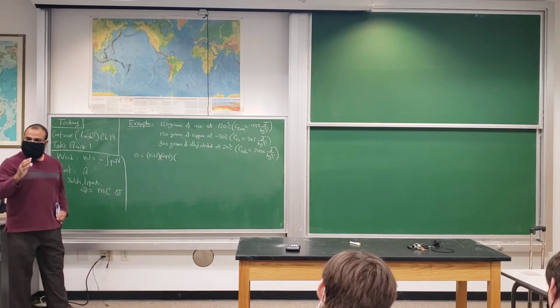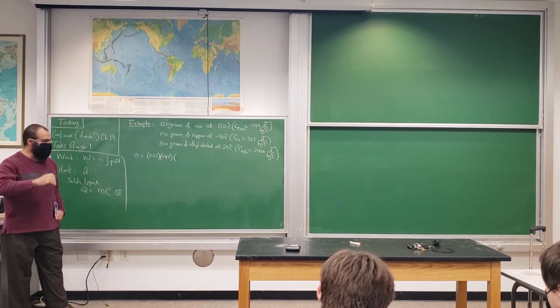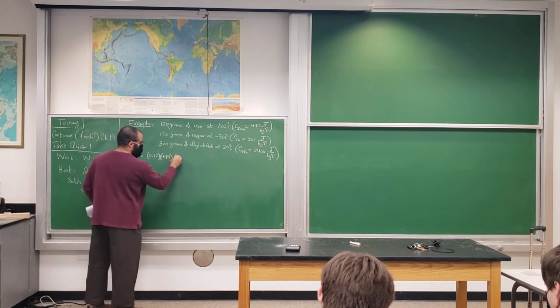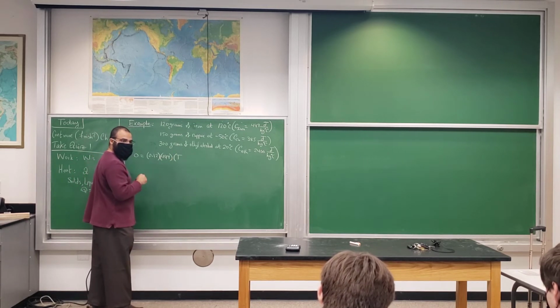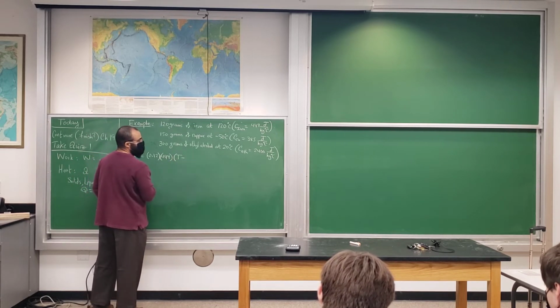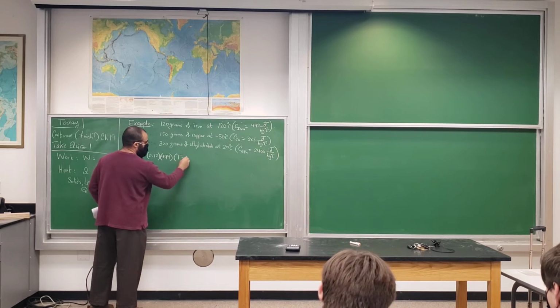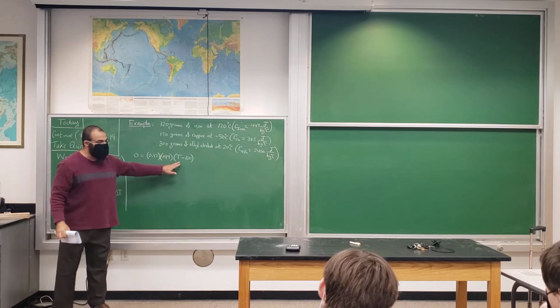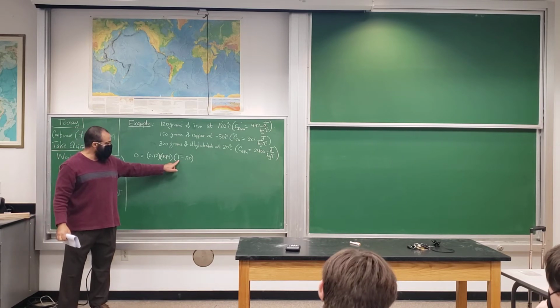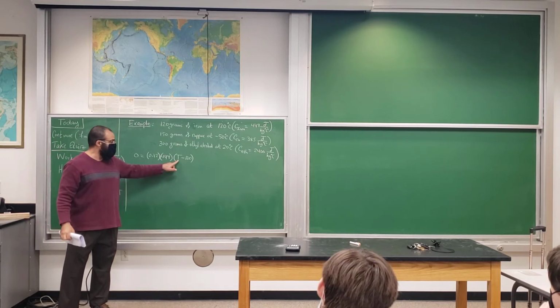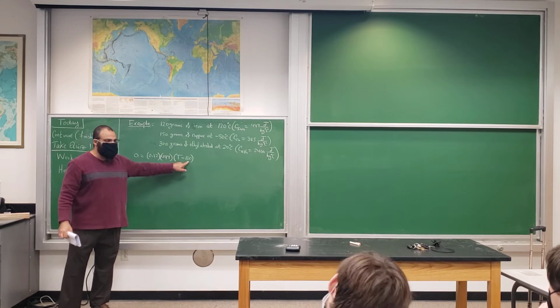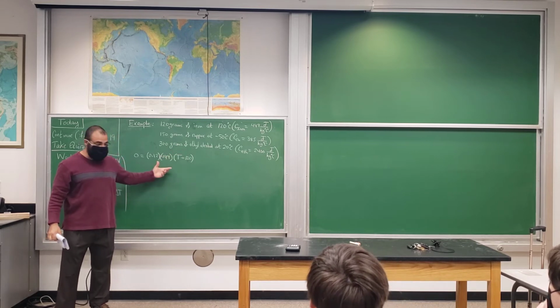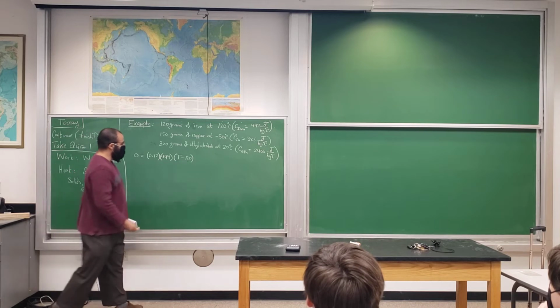Change is always what? Final minus initial. Thank you. So it's going to be the final temperature, I'm going to just call it T, minus the initial temperature. The initial temperature is 120, right? And you see already this number will probably be negative because T will be less than 120. So let's say it's 50. So 50 minus 120 would be like negative 70. So this quantity will be negative. Okay. So plus,